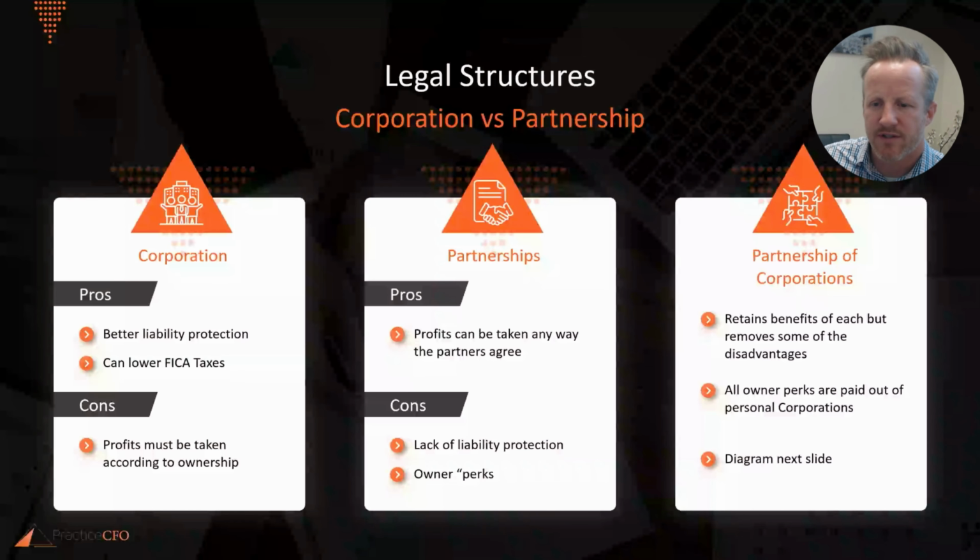Okay, so to summarize, never be a C corporation. If you're a partnership, don't be an S corporation for the lack of flexibility. Be a partnership, but own your partnership interest through your own 100% owned personal S corporation, and that is the